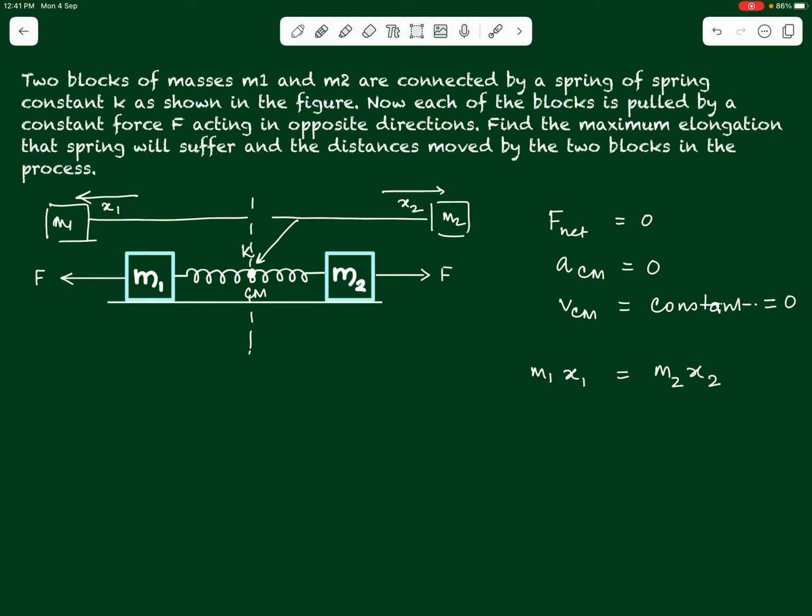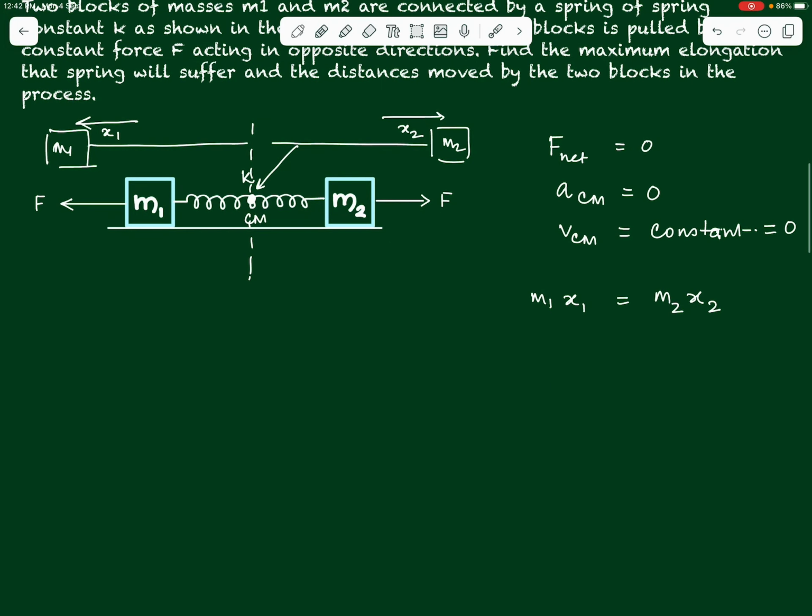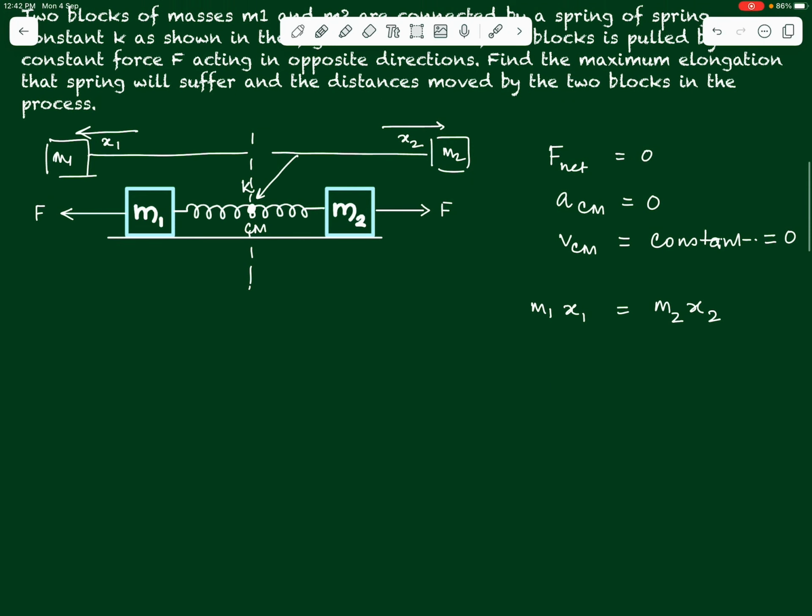Now the next thing: how do we find out the values of x1 and x2 individually? For that we have to get another equation, which we can get by using the work energy principle, the work energy theorem. How do we use the work energy theorem here? Do we see that as the two blocks move under the effect of the forces F on both the blocks, these forces will do some work on the blocks? So can we say by work energy theorem,